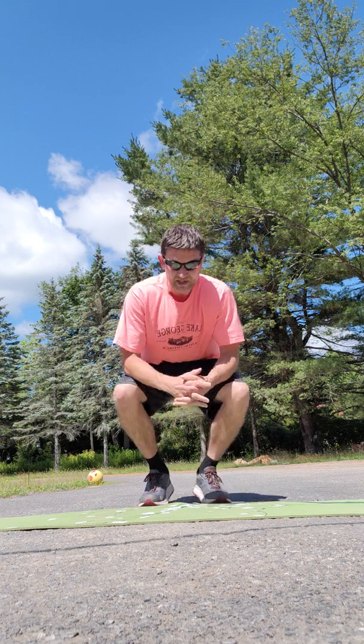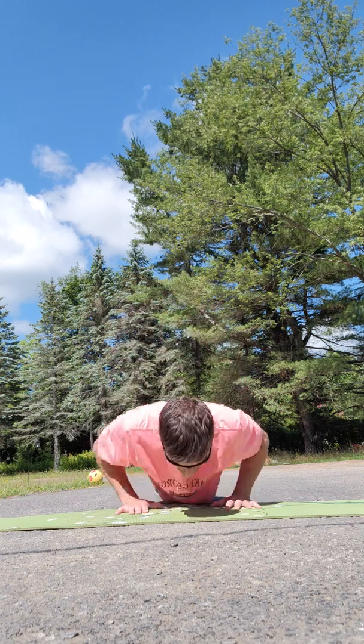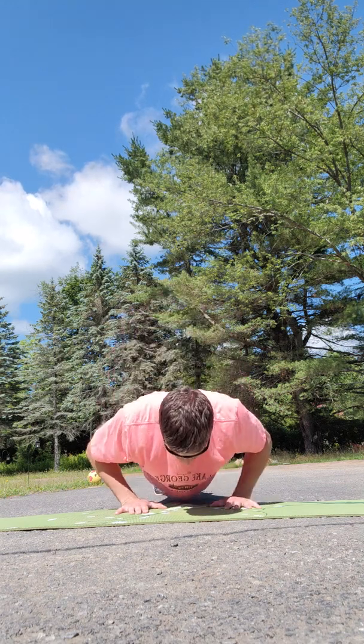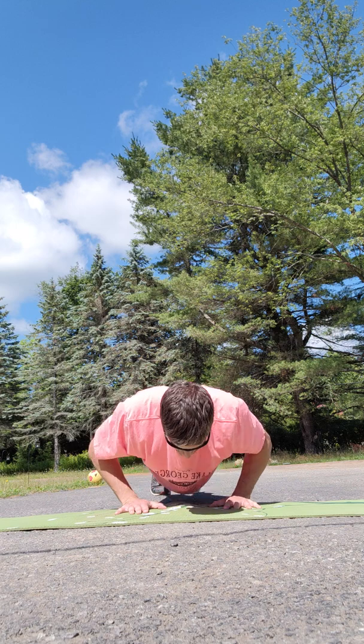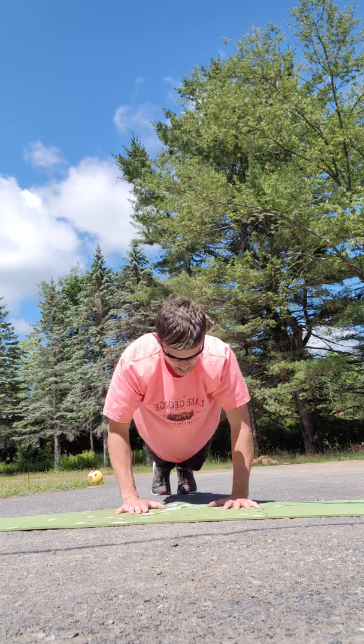So that's why this exercise is a lot more difficult than a traditional push-up, because in a push-up you can cheat the range of motion. It's very difficult to cheat the range of motion in the Navy SEAL. So the way that I see a lot of people cheat in the Navy SEAL is doing this. So you come up, Navy SEAL, and then you only go down like that, and then you do that. You really don't want to do that because you're not getting the benefit of the exercise. You want to go down